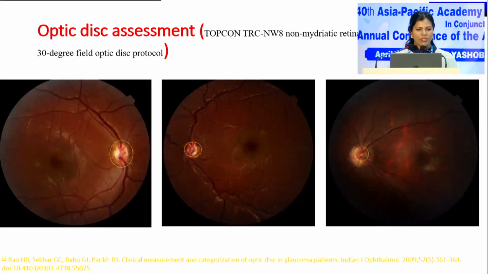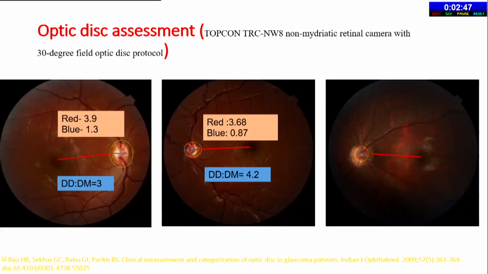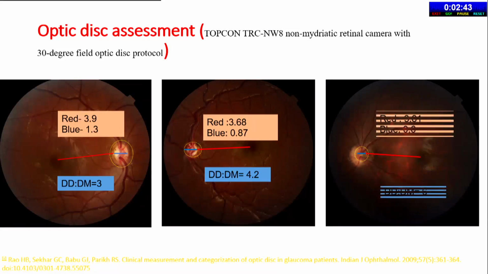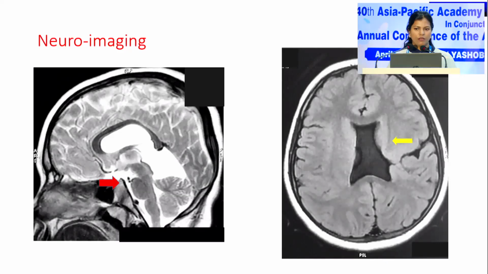Optic disc assessment was done by a single observer with optic disc photographs in the undilated state. The disc was measured both vertically as well as horizontally, and the average was taken, and the disc to macular distance was measured from the temporal margin of the disc to the center of the macula. Based on that, the disc to macular distance was calculated in terms of a ratio. In the photographs you are seeing here, from left to right, the severity of the disc hypoplasia is increasing. Neuroimaging findings were also noted in patients.